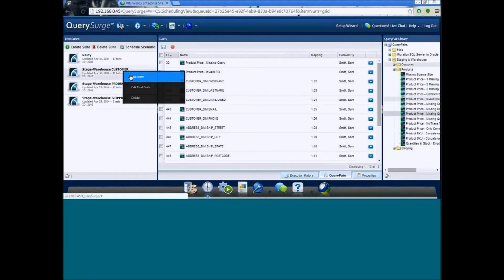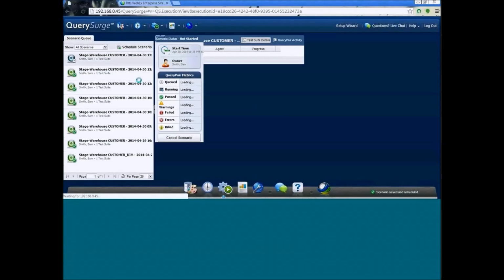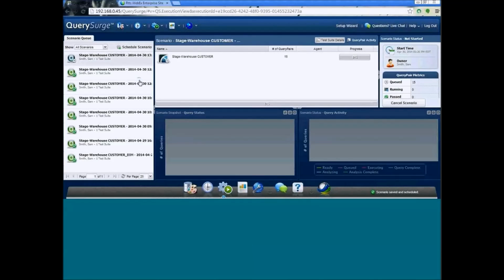The easiest way to run a test suite is just to right-click it and say Run Now. So that brings us over to the Run dashboard. On the left-hand side is all the scenarios that ran in the past, as well as the one that's running right now at the top. In the middle is the test suites involved with that scenario. And then once this kicks off,